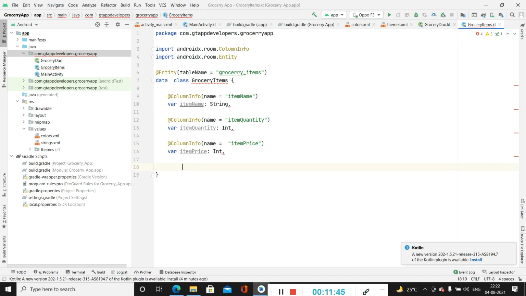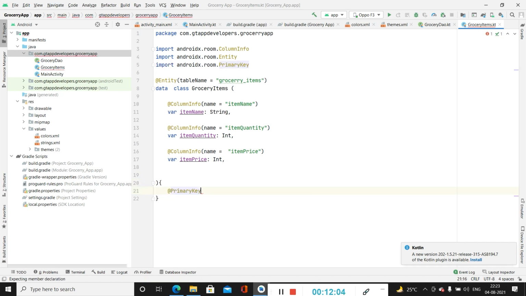Now after this, here firstly we have to change these brackets. Now after that we have to add the key for each of our entries. So we will be adding a primary key, and we will be specifying auto generate equal to true, so it will be generated automatically.